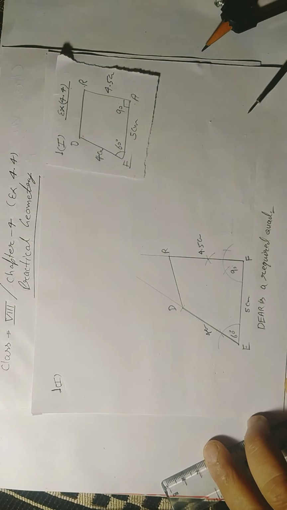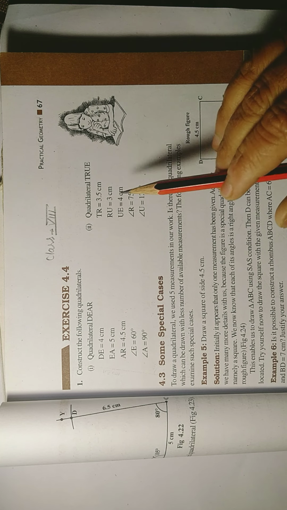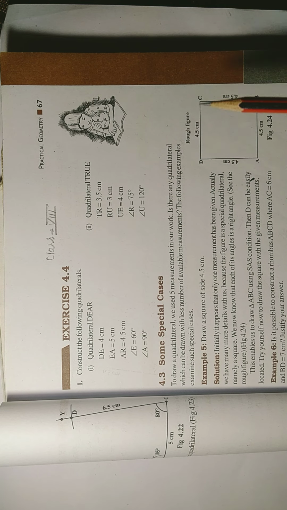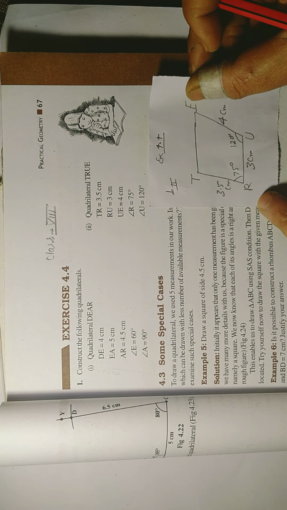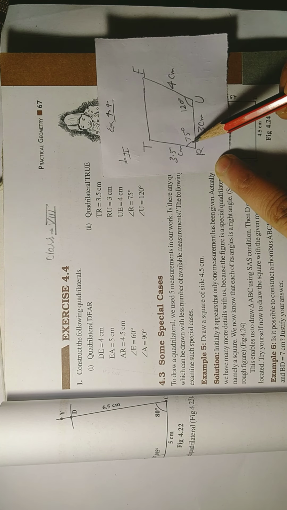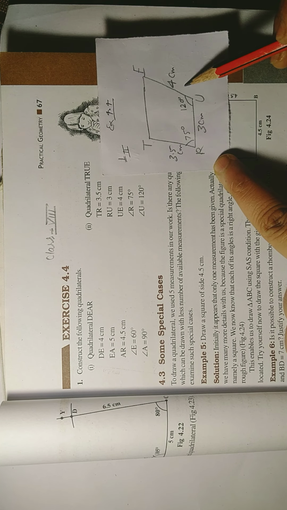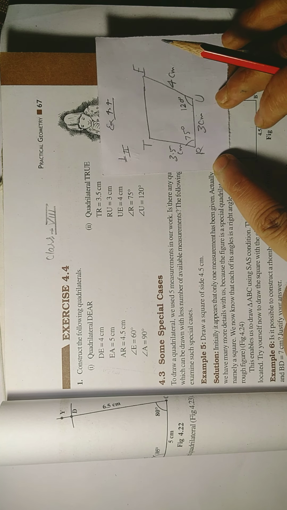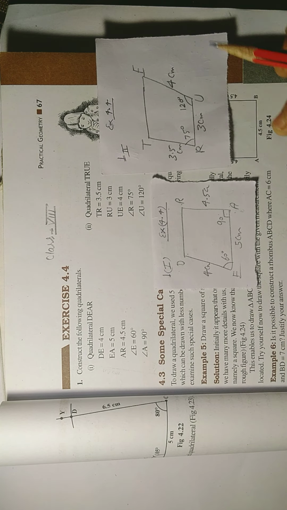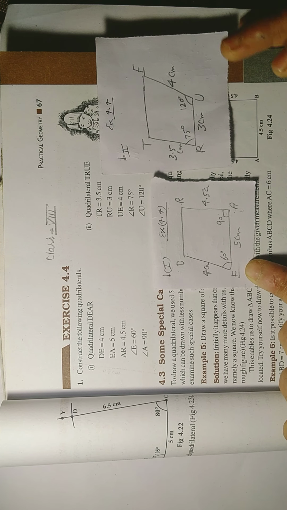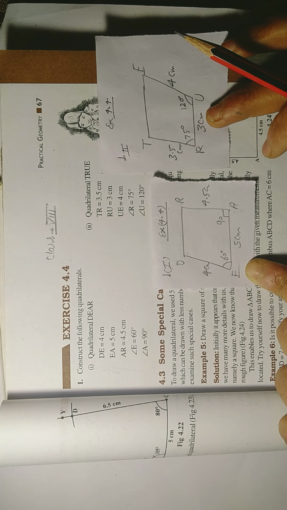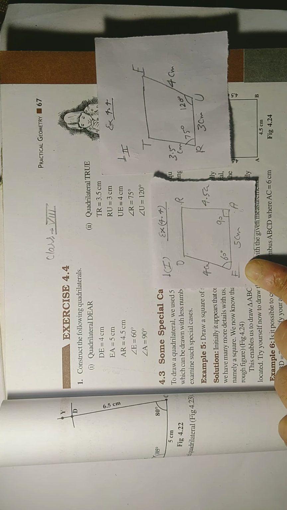Okay students, now we discuss question number 1 second part. In this second part we have to draw a quadrilateral TRUE and some measurements are given. So with the help of the measurements we have to draw a rough figure TRUE in which angle R, angle U, and these measurements are given. You can match them. Then how can we construct it? Like question number 1 first part, same construction but the measurements are different. So it is very easy. You can try yourself, and if you have any problem you can discuss with me.